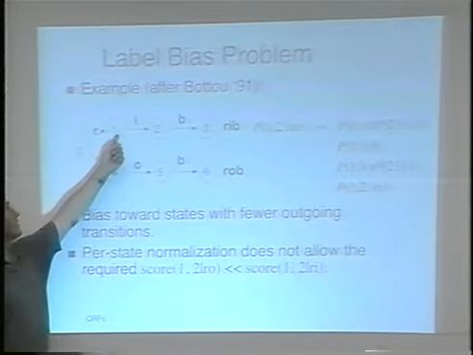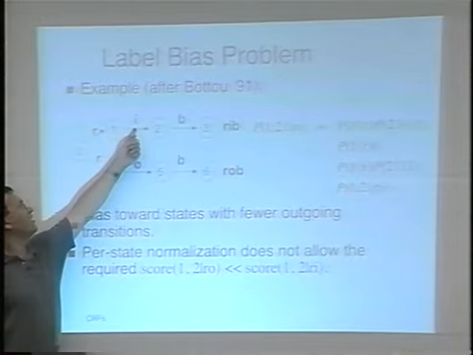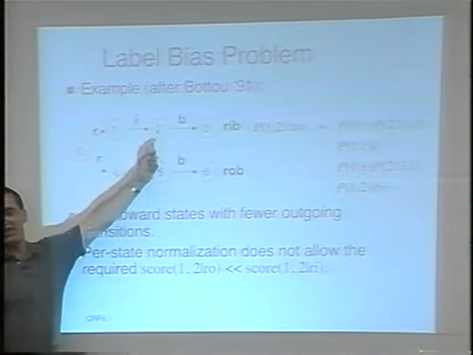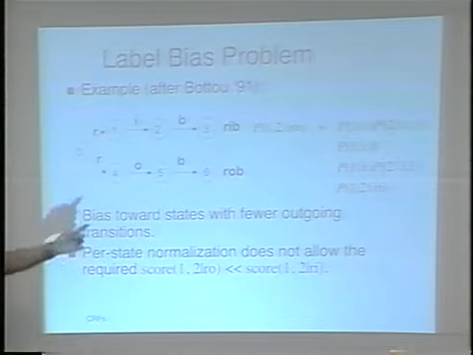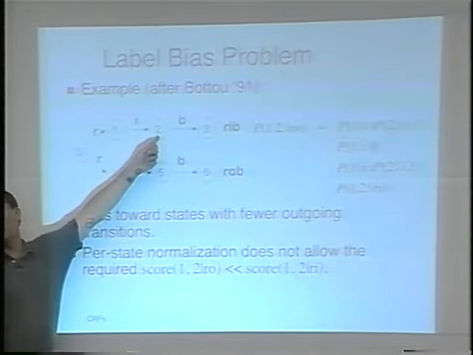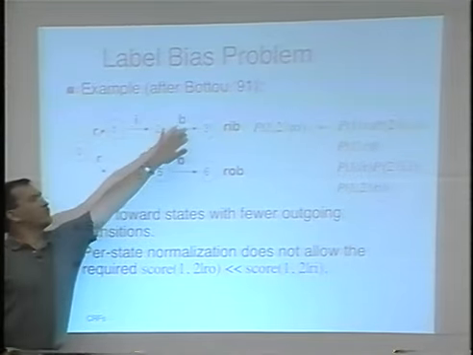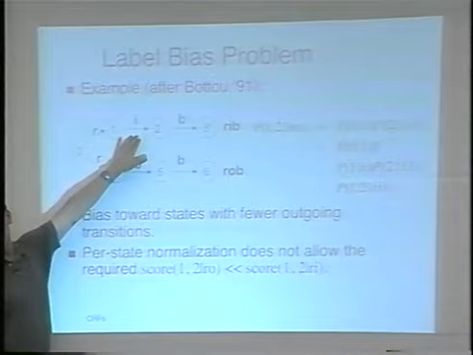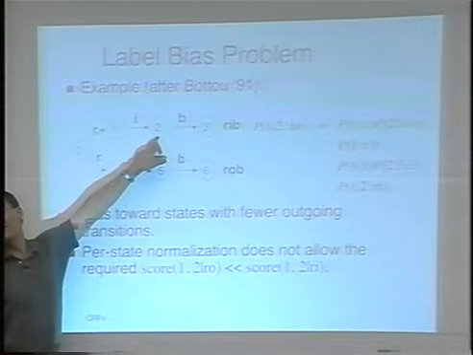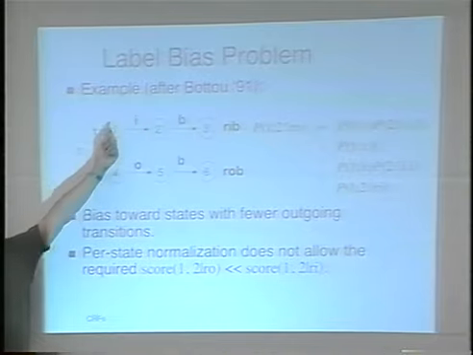Now, notice the following. If I'm in 1, and I see I, the probability of going to 2 is 99%. What about if I see O? Well, there's roughly only one place I'm allowing myself to go. So I'm really stuck on this branch. Given that, whatever I see, I'm going to be certain to go there. That is, I'm ignoring the input.